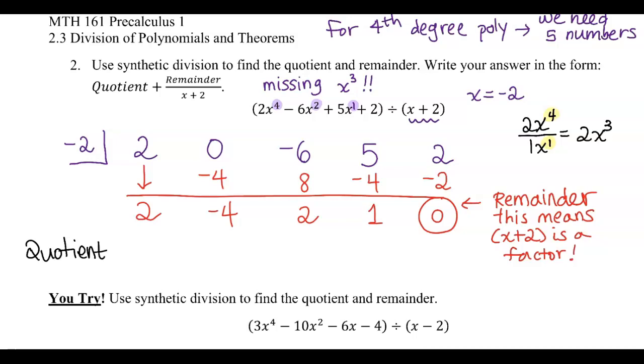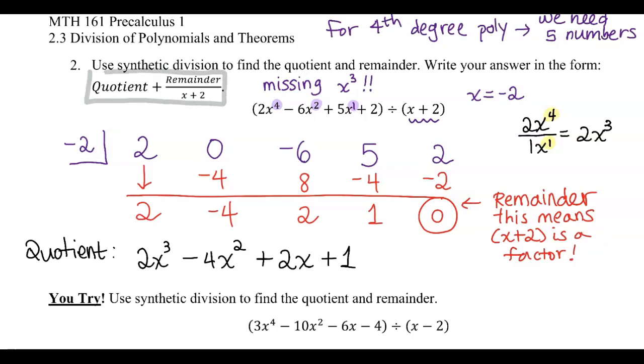Here's the quotient. 2x to the 3rd power. What's next? -4x squared. That's a +2, so put plus 2x to the 1st power. And lastly, plus 1. And guys, remember they want us to write it in a form of quotient plus remainder